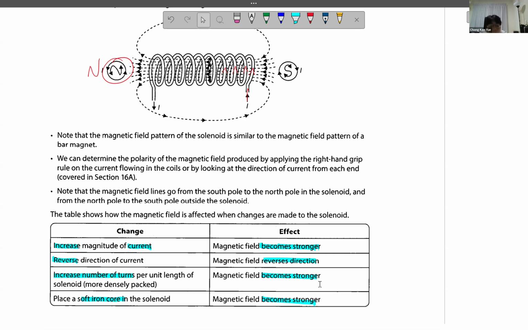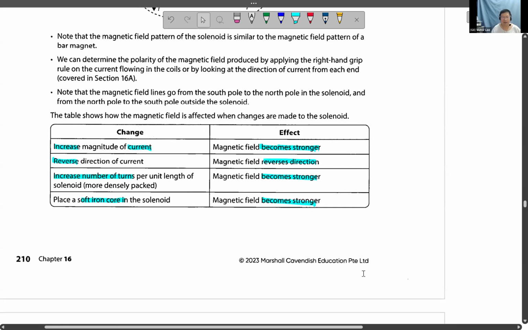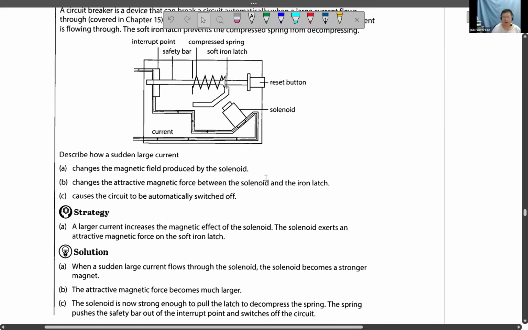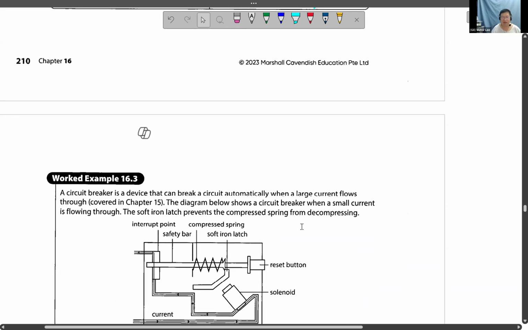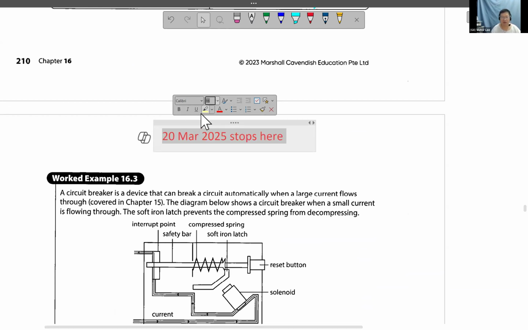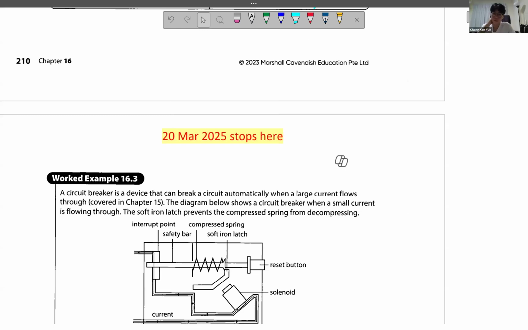Is it okay? Okay, let's move on. Let me see. I tell you what, this one we'll continue next lesson. I think you're very stoned already. This is application, but it's a bit more complex. I will explain this to you slowly. So we just put down here today, we end here, 20th March. Okay, so we'll continue the next lesson. I will explain the application in detail. Is it okay for you? If you find that you cannot understand certain things, you may want to